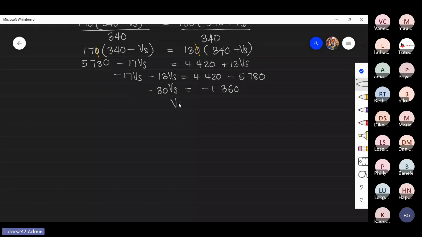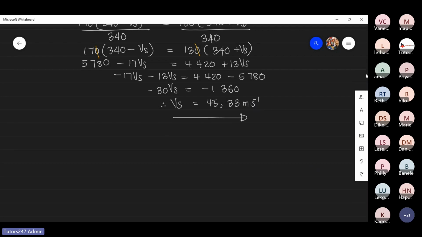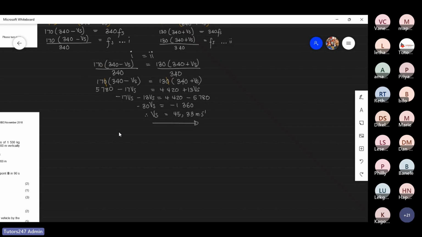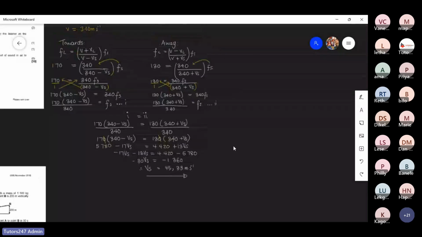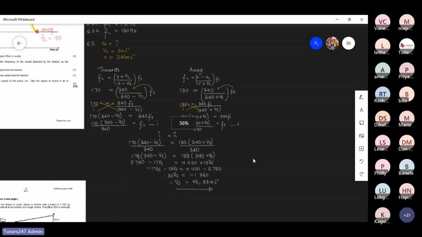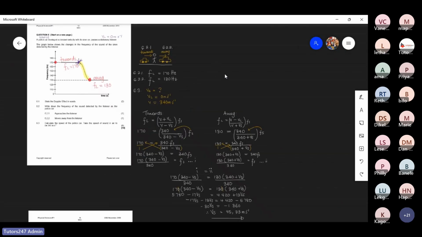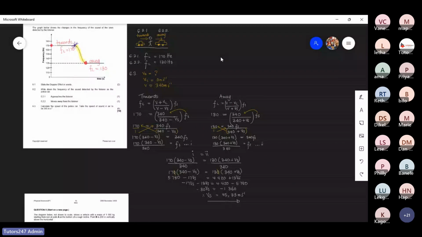So that will then give us the velocity of this police car as negative 1,360 divided by negative 30. That is then going to give us a value of 45.33 meters per second. So the velocity of this police car as it passes our stationary listener is now calculated as 45.33 meters per second. All we needed to do was create our two different scenarios whereby we had moving towards